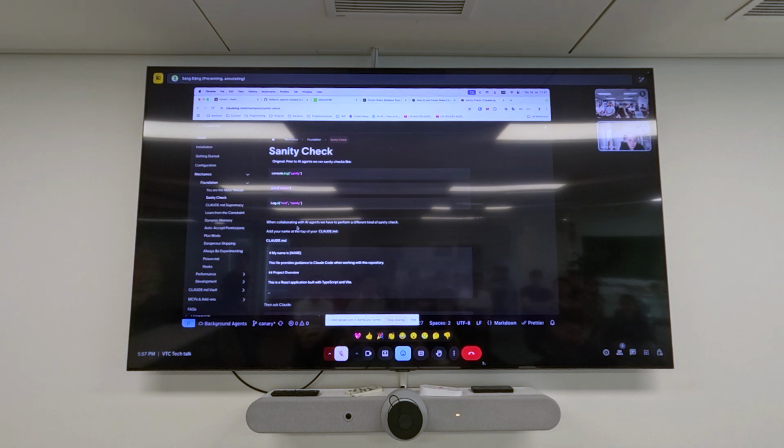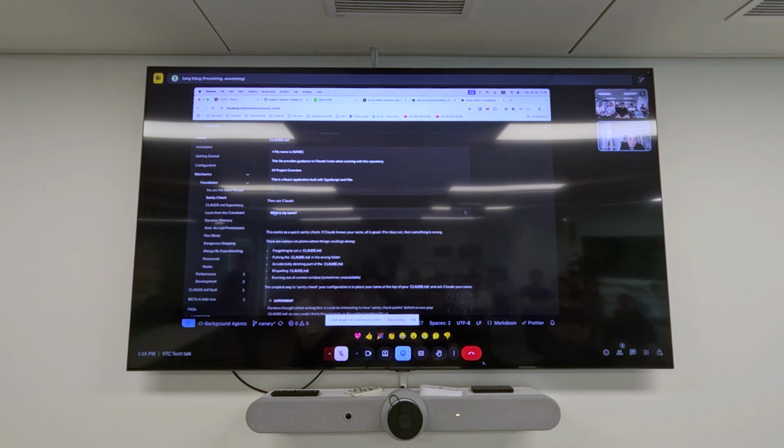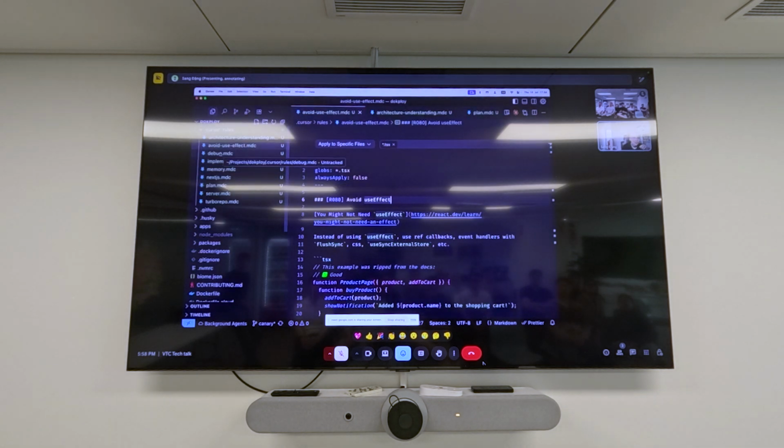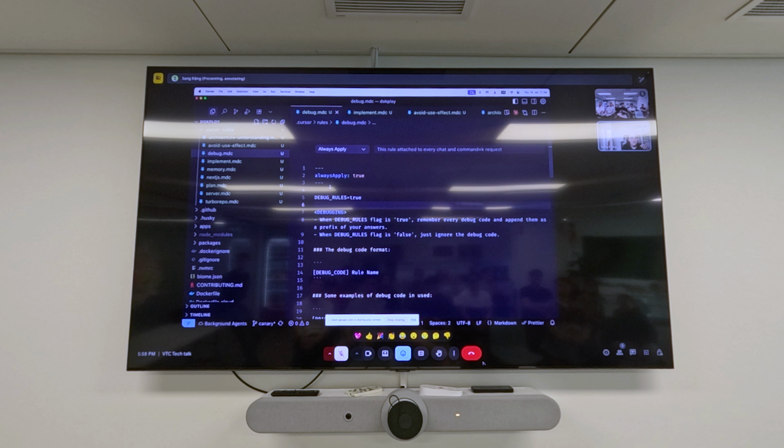It's very interesting. In here, they do it just like the way any React developer does it. We console log everything to debug. So when they do it, they make the rules, and then after that they ask, hey Claude, what's my name? This made me think, what if we make a more comprehensive way of debugging the rules? So I came up with another idea of making rules just for debugging.